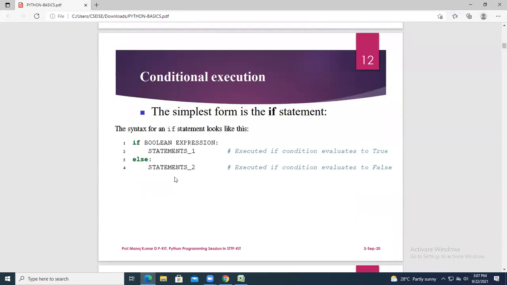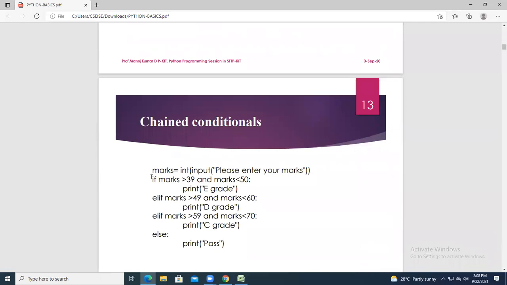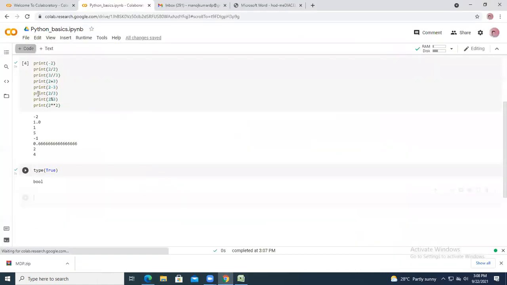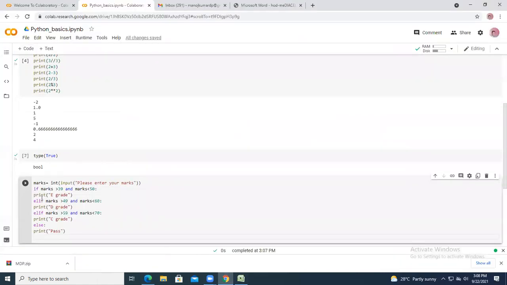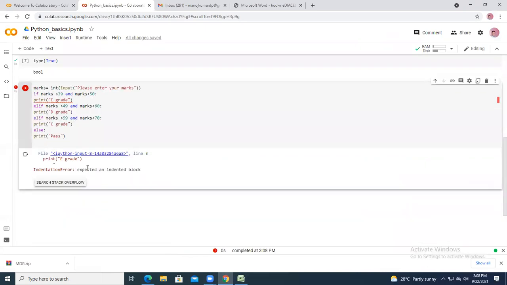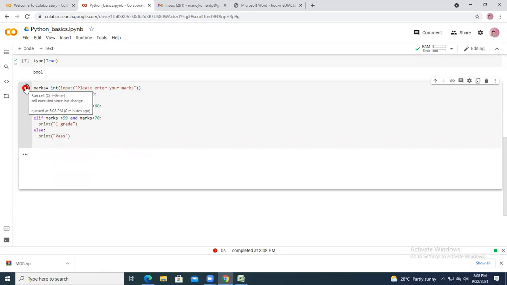Different conditions, now syntax. Take this particular program, copy this, take a new code cell, Control V. Be very familiar with indentation. Here you see it says expected an indent. I'll click here, press 1 tab, click here, press 1 tab, and so on. Just give 1 tab.